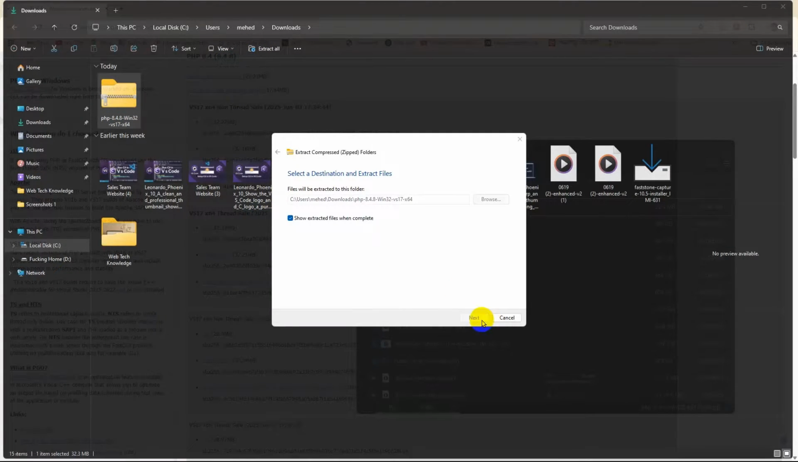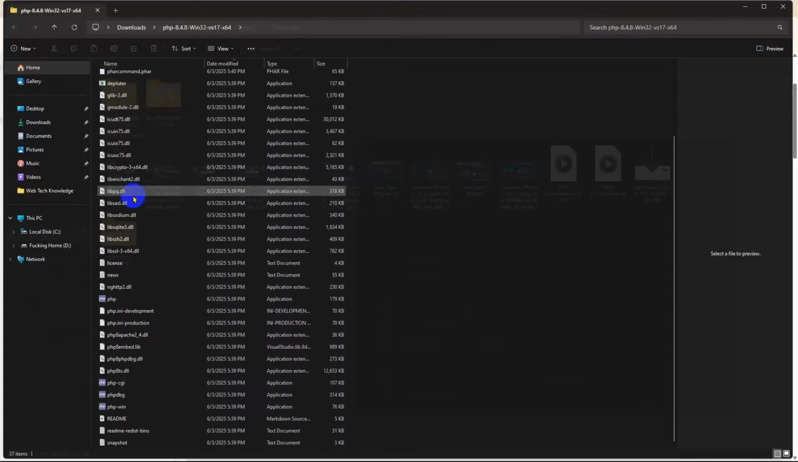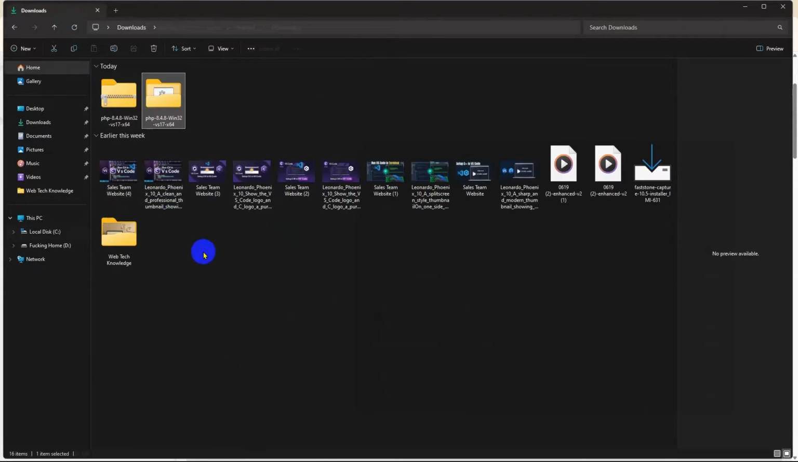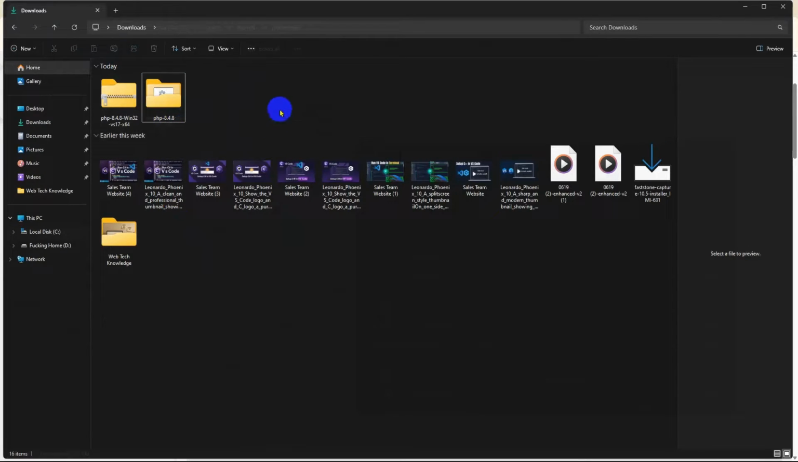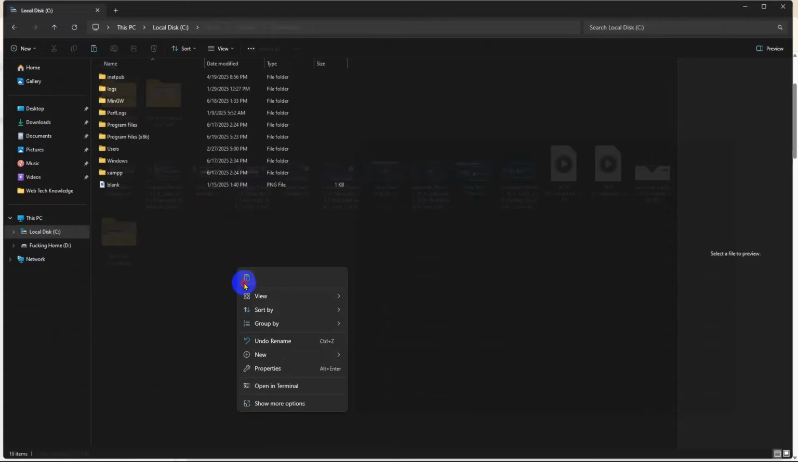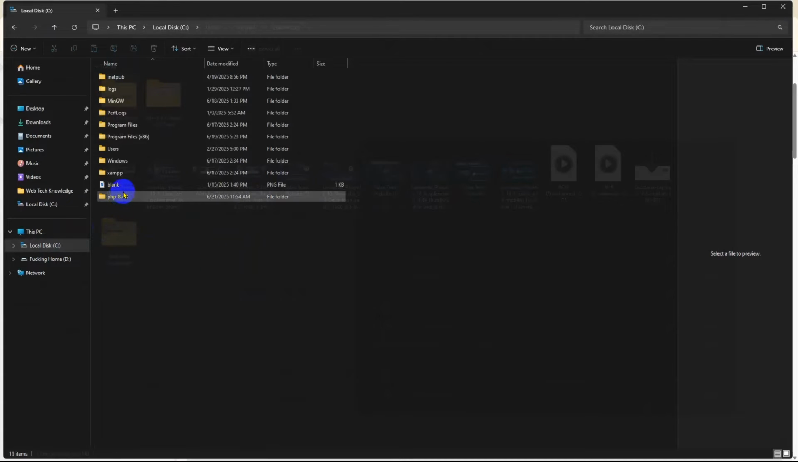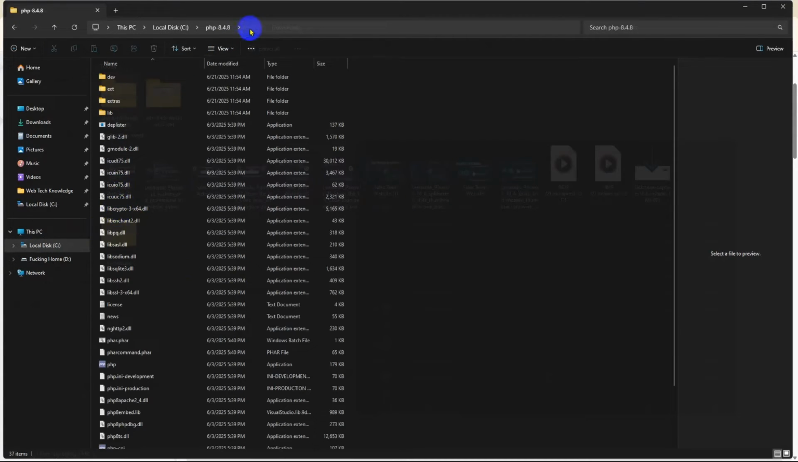We extract, and after all the files have been extracted, we're going to rename it by deleting, and now we're going to rename it as PHP-8.4.8. So now we're going to cut this. I'm going to paste it to the local C drive, and then we're going to click on that and copy the file location,